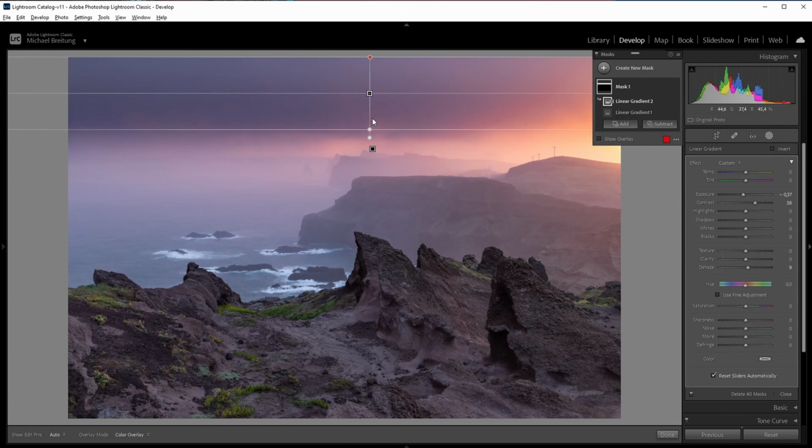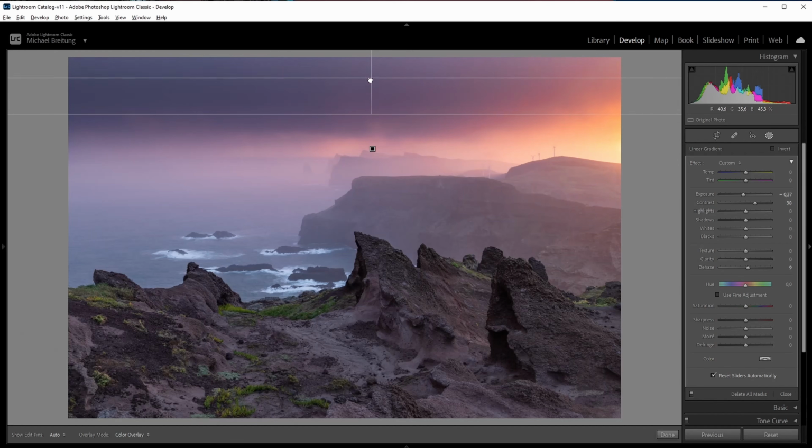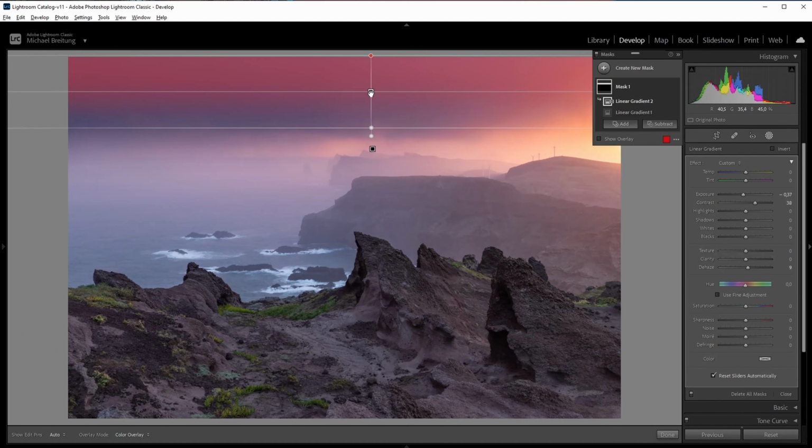Now what this does, and that's a little limitation in Lightroom currently, which I hope they'll adapt in the future, it completely subtracts the upper part. So I can now just move it around a bit, try to position it in a way that it works. But the problem with that is, and the thing which is missing in my opinion, is an opacity slider for this upper part, because what I want to do here is just to reduce it or subtract it at an opacity of maybe 30 or 40%, and this is not possible because I don't have an opacity slider here. So while this creates kind of a reverse filter, it's not exactly what I need,